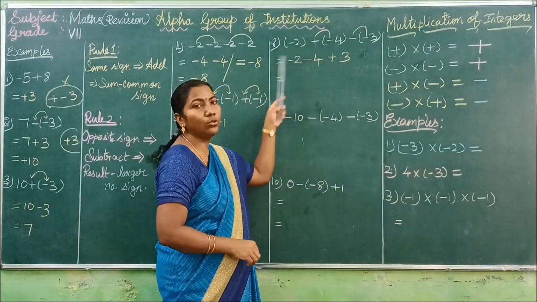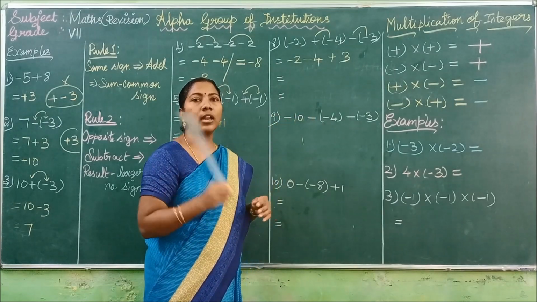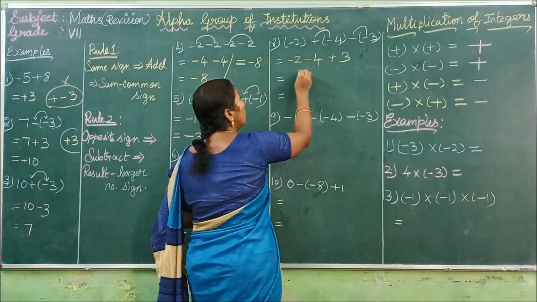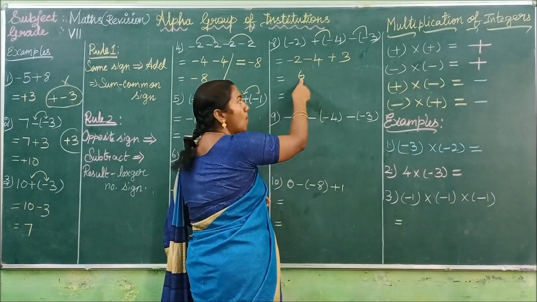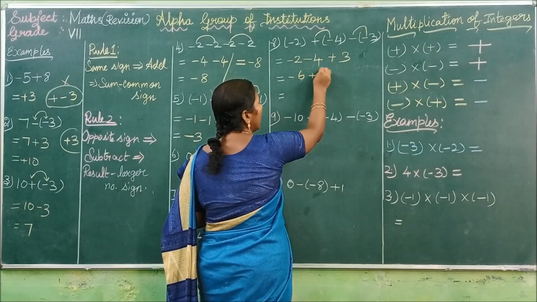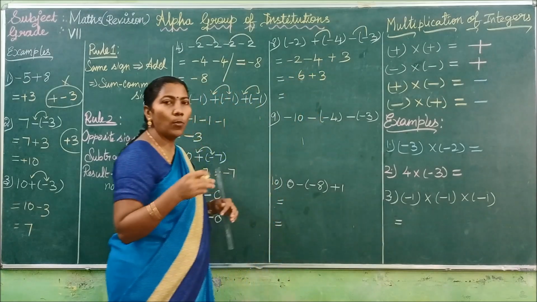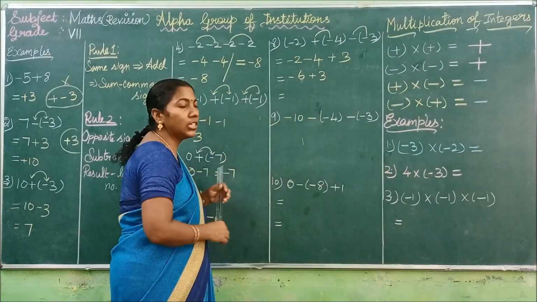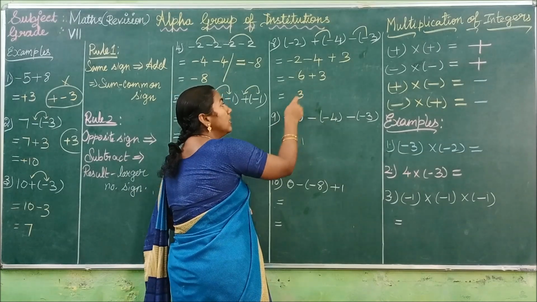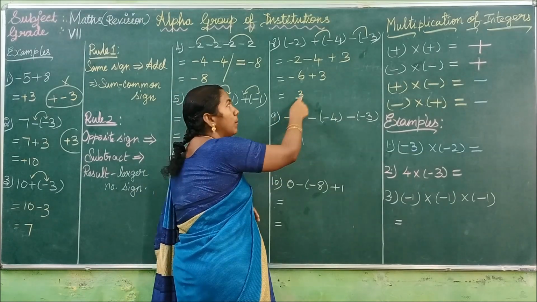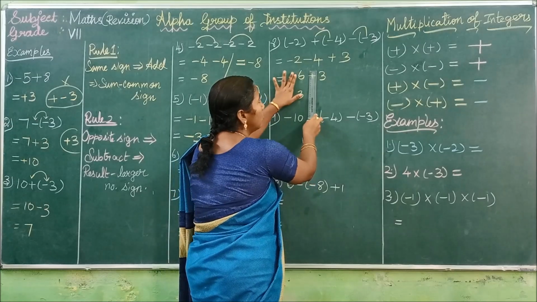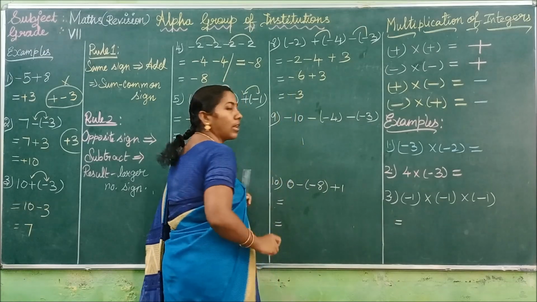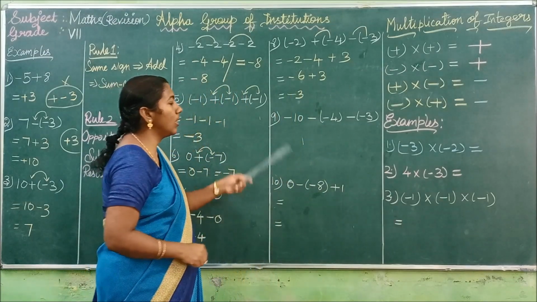Okay. Now we are going to evaluate this. First we are taking the first two integers. As per rule 1, they are in the same sign, so we have to go for the process of addition. So 4 plus 2, 6. This sum gets the common sign, minus. Plus 3. Now see, the given two integers are in opposite signs. So as per rule 2, we have to subtract the smaller number from the larger number. So 6 minus 3, 3. This result gets the symbol of the larger number. So forget the symbol; among these two numbers, which is the larger number? 6. What is the symbol for the 6? Minus. So assign the symbol minus to the 3. Do you understand?